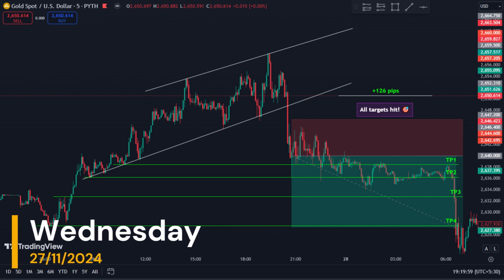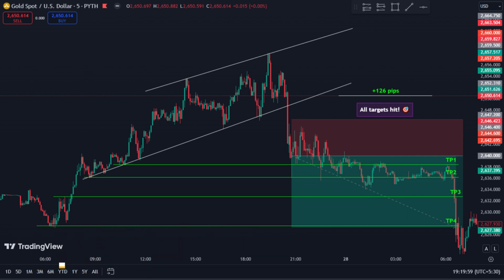On this day, I took two trades. The first trade closed at break-even. So now let's focus on the second trade. For this trade, I waited patiently the entire day for a channel pattern to form. Once the breakout happened with a massive 5-minute bearish candle, clearly signaling a trend change, I waited for confirmation before